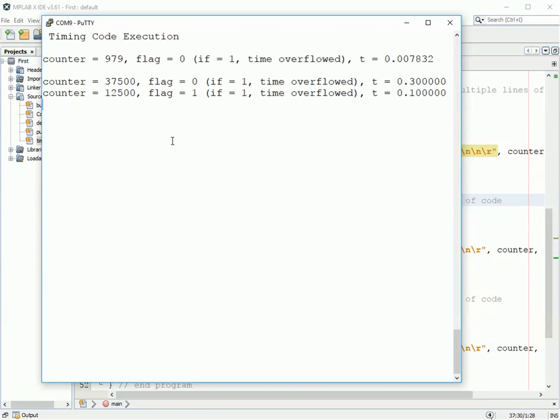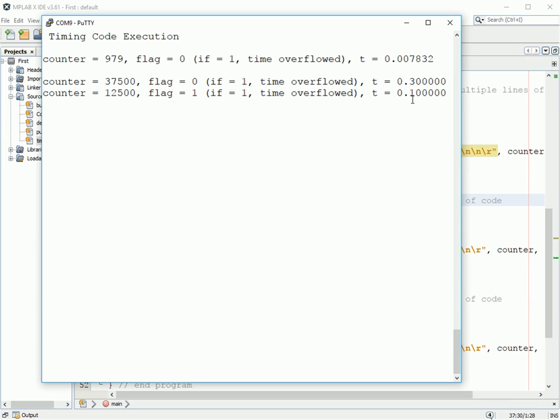Here we go. Okay? And the first one gives me the counter was 979, right? And doing all the calculations with my counter being 979, there's no flag to worry about. We find a time of almost 8 milliseconds. Down later, we've got 2 counts, one for 300 milliseconds, and according to the counter, I'm bang on for the 300. The next one, 500, it says, oops, no, you only asked for